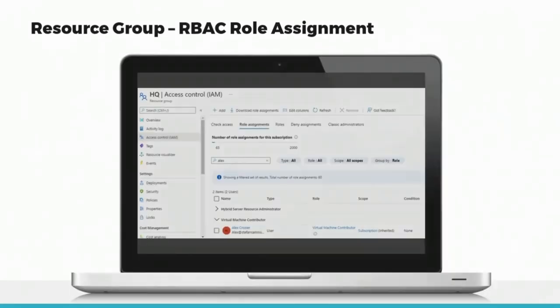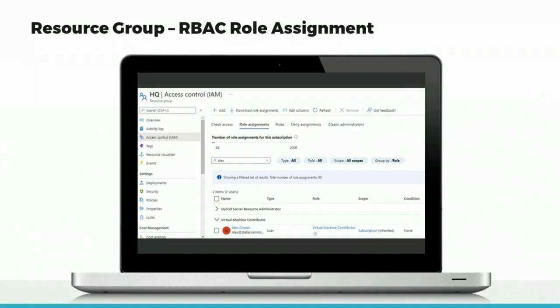In our next screenshot, we can also configure RBAC role assignments at the resource group level. In the properties of the resource group, on the left, you would click Access Control IAM to do this. And on the right, in our particular example, user Alex Crozier, which is an Azure AD user account, has been granted the virtual machine contributor role for this resource group, whose name is showing up on the left. It's called HQ. So Alex will have the ability to create, manage, and delete virtual machines in the HQ resource